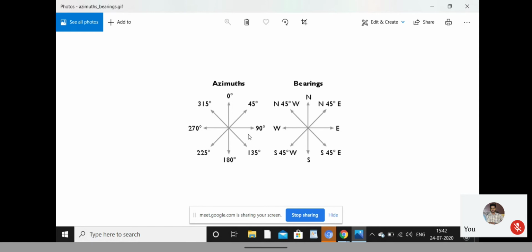To show northeast, what condition you need to set? It should be between 45 and 90 degrees.